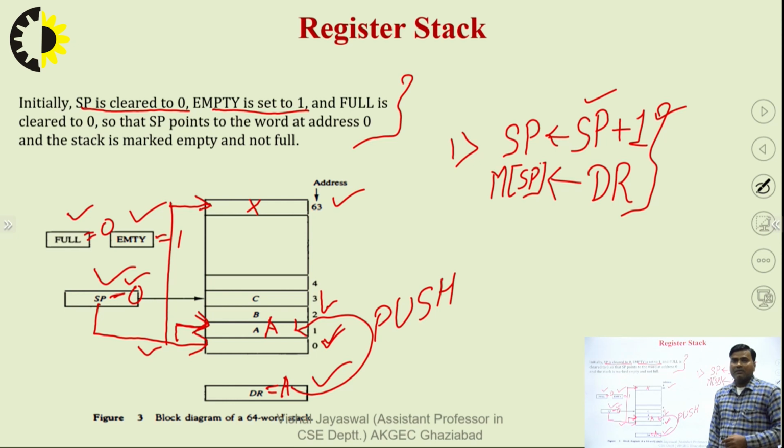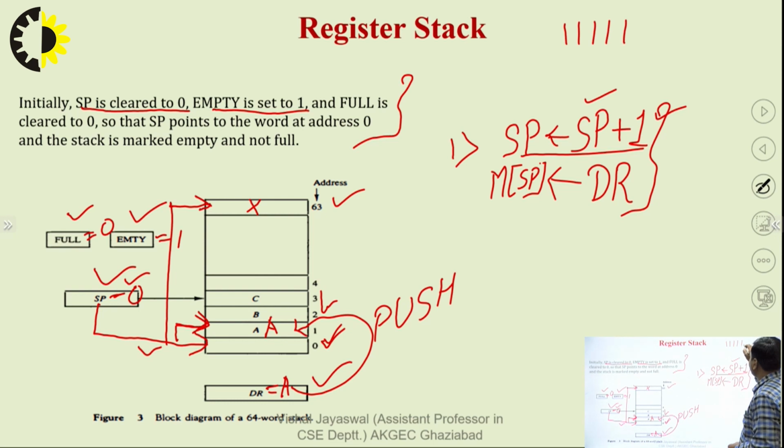then when we perform the push operation, first we increment the stack pointer, meaning SP plus 1. We perform SP plus 1 and store it in the stack pointer register. It means 63, and the binary of 63 is six 1s. This is the binary of 63, and we add plus 1,